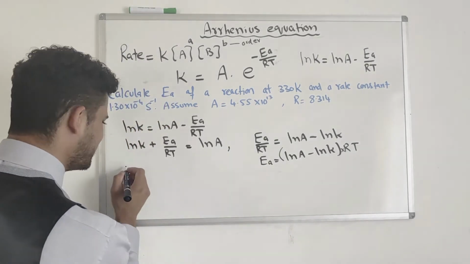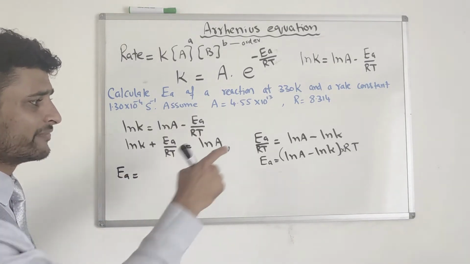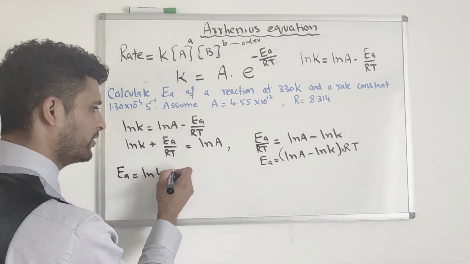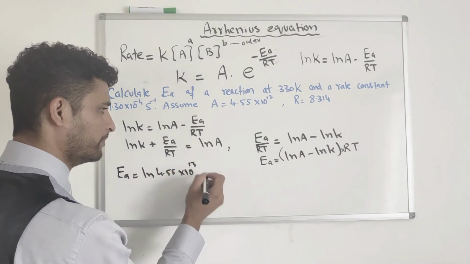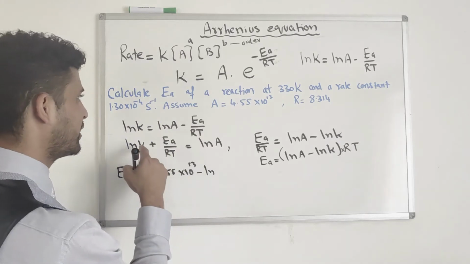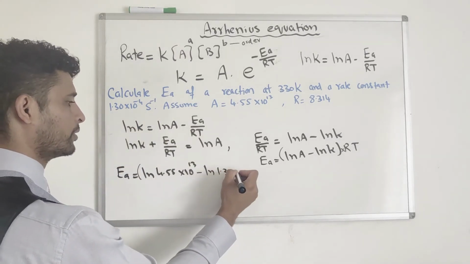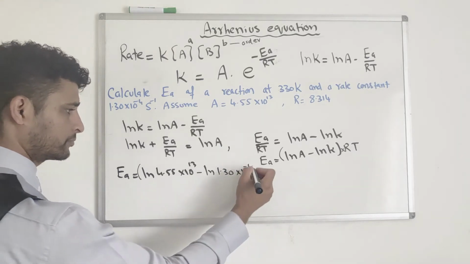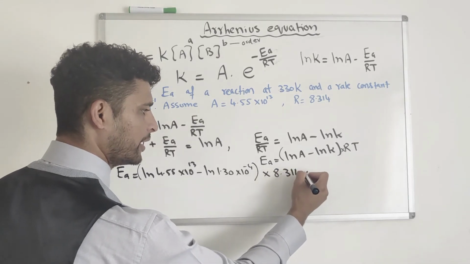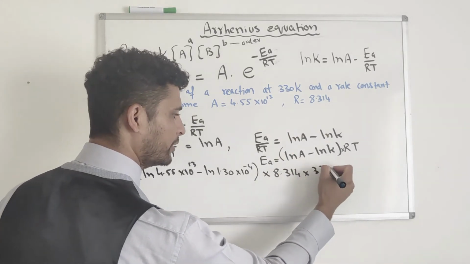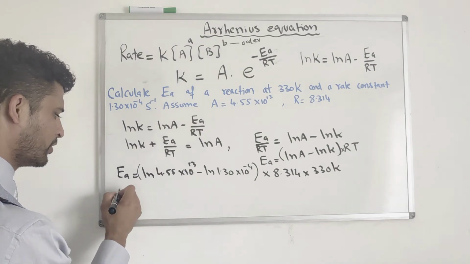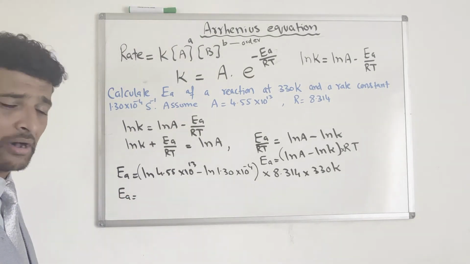So let's start it. So you have EA. You have log of A. So you have the Arrhenius constant, which is 4.5, so which is 4.5 times 10 to the power 13. Then minus, you have log of k, so you put log of k and the value is 1.30 times 10 to the power minus 4. And then you will have R, which is 8.314 and times 330 Kelvin outside. So you can times both of them together and you subtract them together and then you times it by whatever the value is there. The EA will come up as